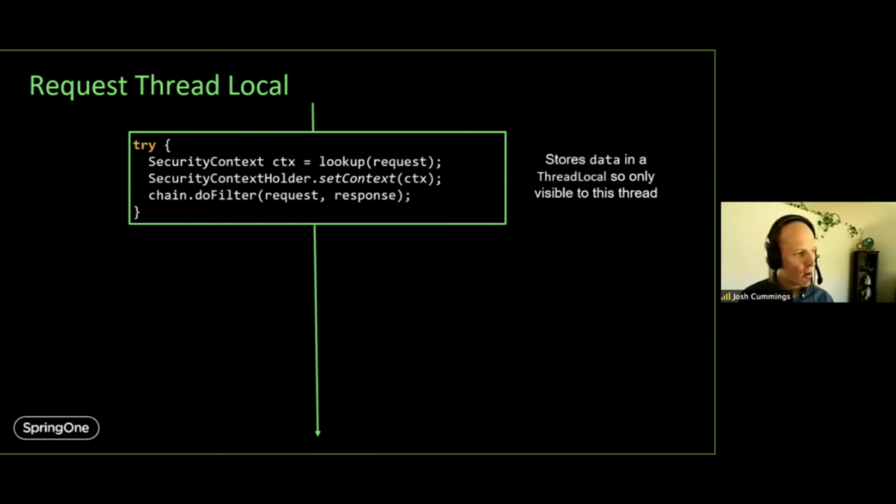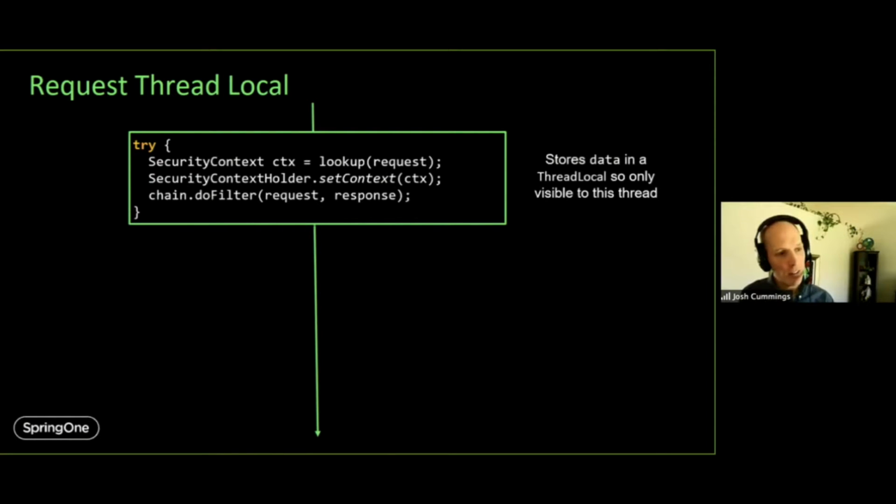Thread locals are a powerful concept inside of Java that allows you to store data that is isolated to a given thread, so no other thread can see it. This is nice in servlet applications, which Spring Security is mainly built for, or initially built for. We support reactive applications now as well. But in the context of servlet-based applications,